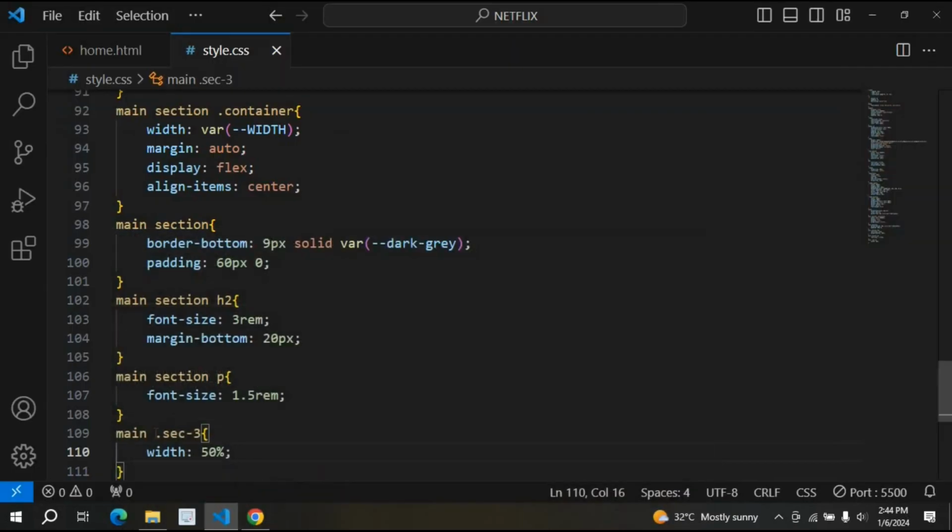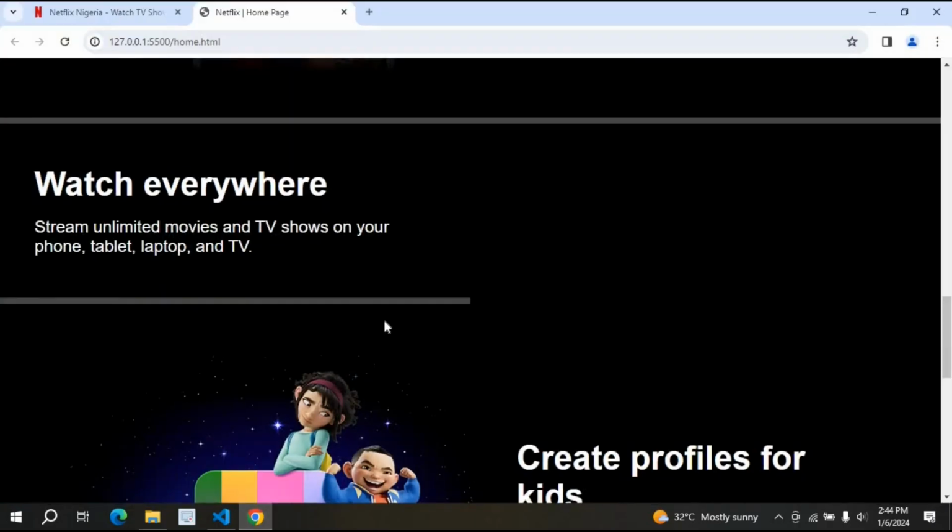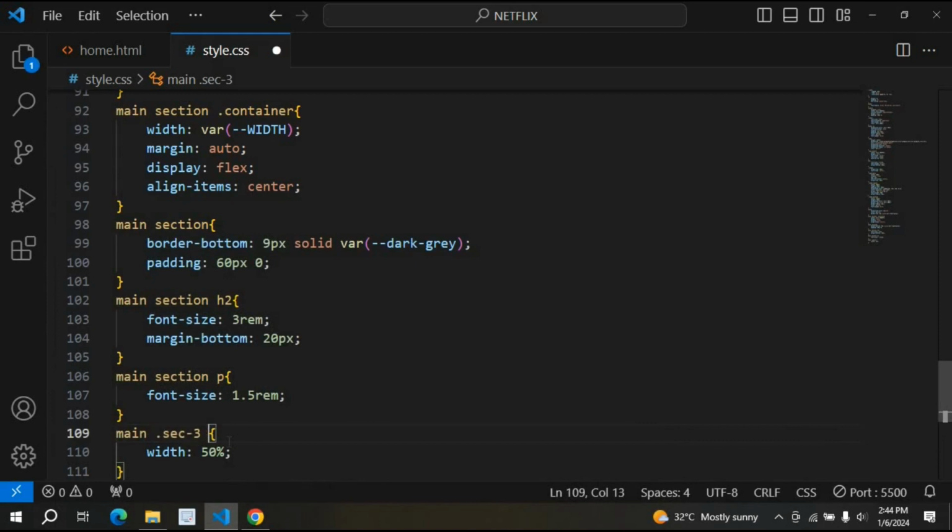Okay, so we see the container inside. So you can see this is why I put it inside container, because if we do the style on the section, it is going to be like this. So that's why we had to create container. So you can say container,